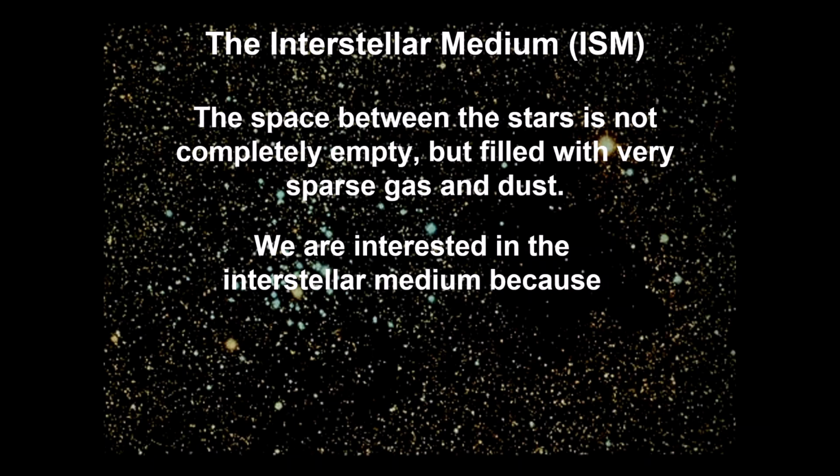Something starts the process of fusion and something ends the process of fusion. So our sun is currently alive. It is midway through its life. There was something that started about 4.5 billion years ago that initiated fusion reactions. Well, it really initiated the collapse of a large amount of matter that formed our solar system and then eventually started fusion inside of our sun. And then in the future, 4 to 5 billion years from now, the sun will die because it will stop fusion. And the reason it does that is because it just runs out of fuel. It just doesn't have any more atoms to smash together to create energy.